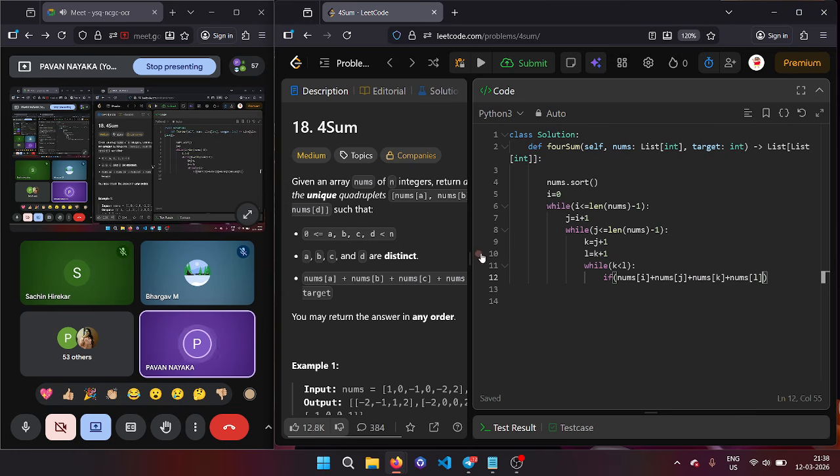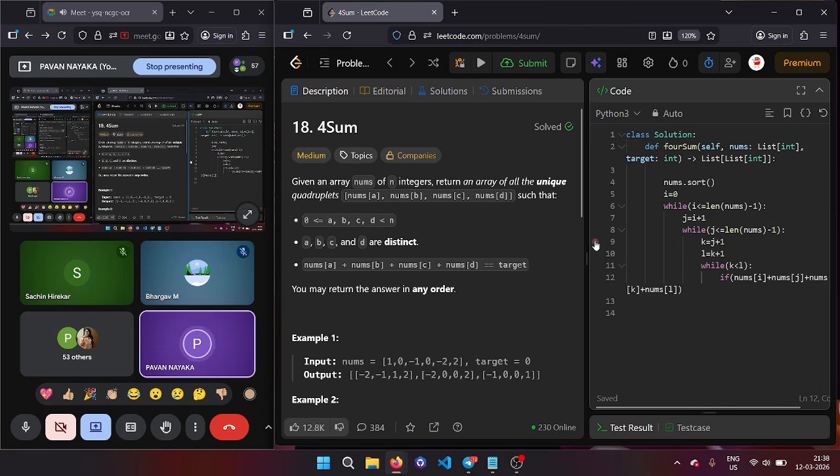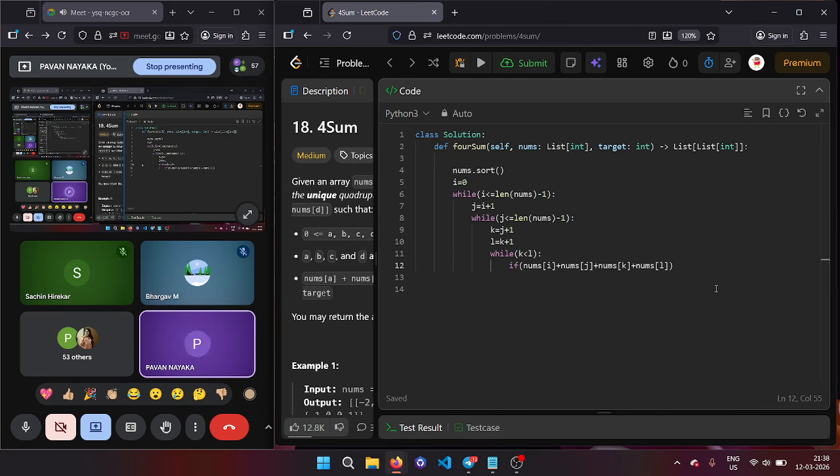The sum of four numbers should be equal to target. If the sum of these four numbers is equal to target, I will get one answer, or not? I'll keep it as pass for now.